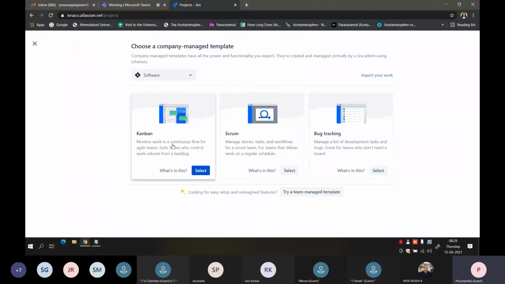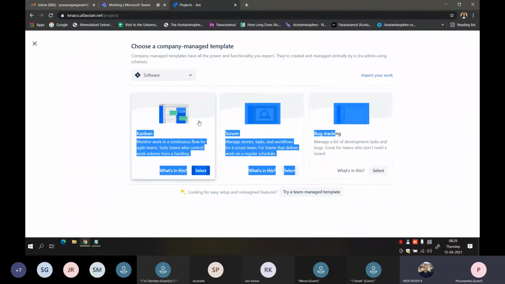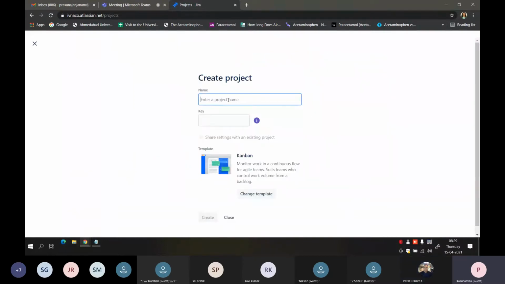Is it a Kanban board that you want? Is it a Scrum you want? Or is it bug tracking that you want? I am just simply going to Kanban.